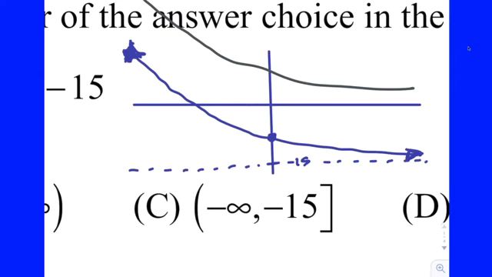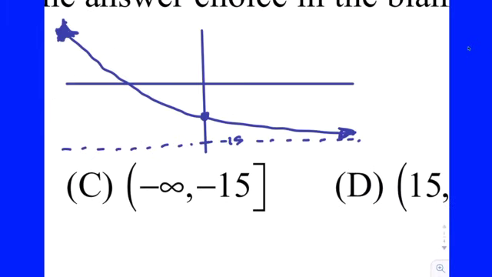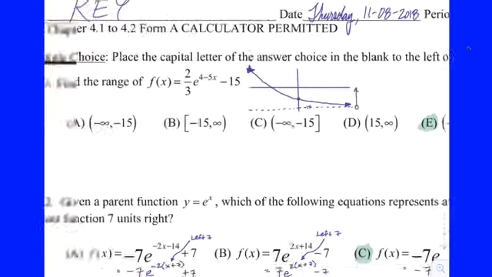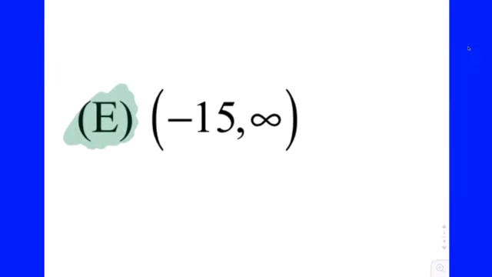The y-intercept is always above the horizontal asymptote, so it's at some new y value. We really don't need it. So the blue graph there is what it ends up looking like. All right, so from there we can get the range. Notice it is everything strictly above negative 15. So we need to find out which one that is. And it's letter E. We start at negative 15 with the parenthesis, and we cruise all the way to infinity.